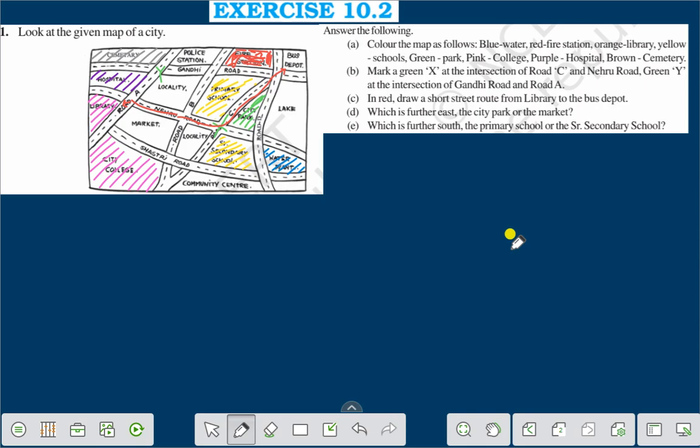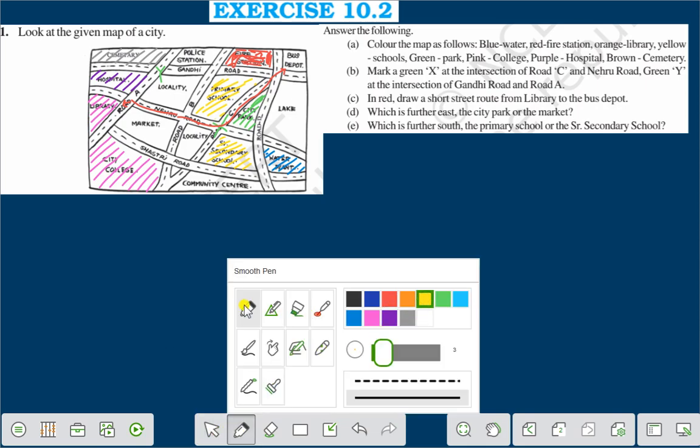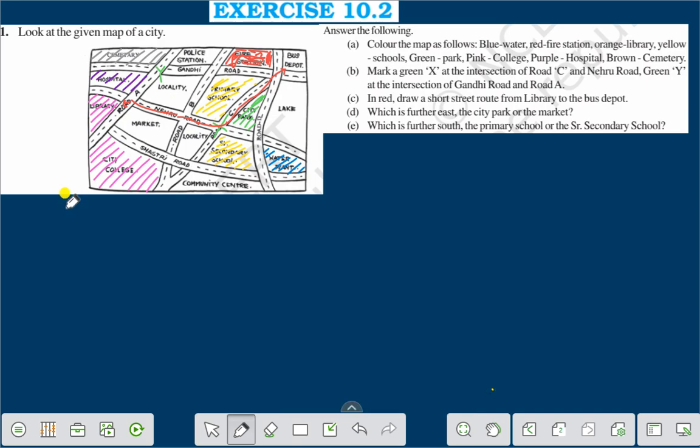Now question number C, here you see C, is given as